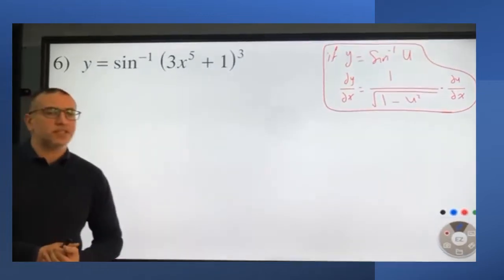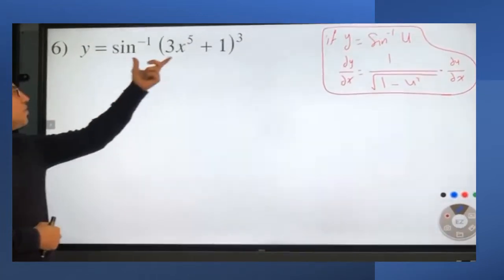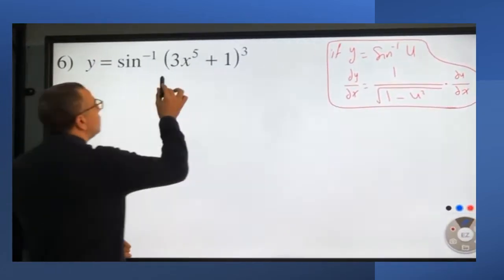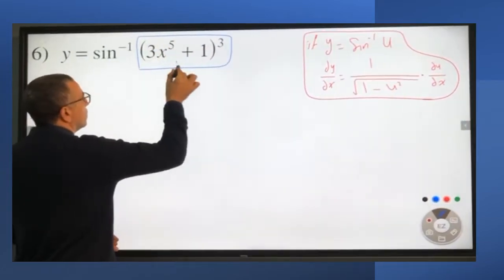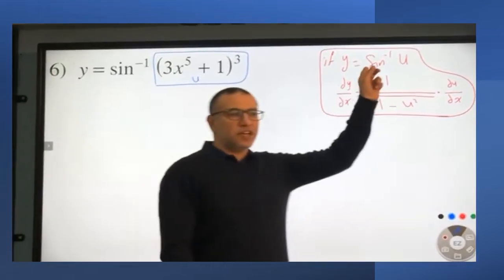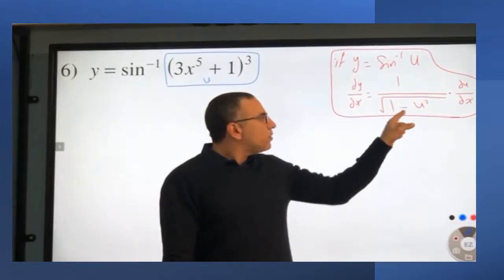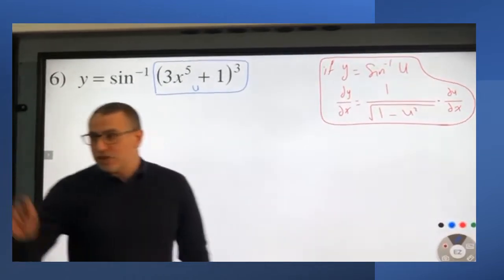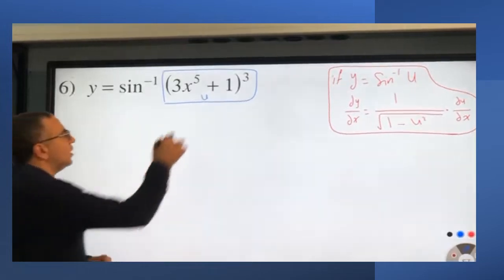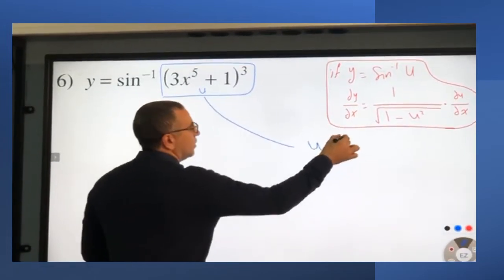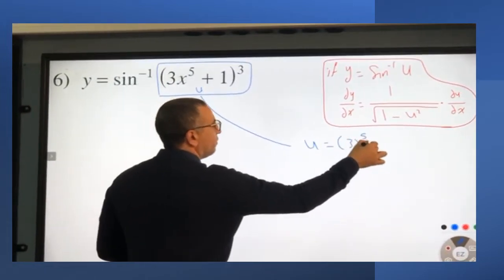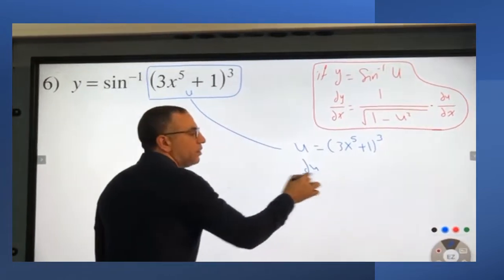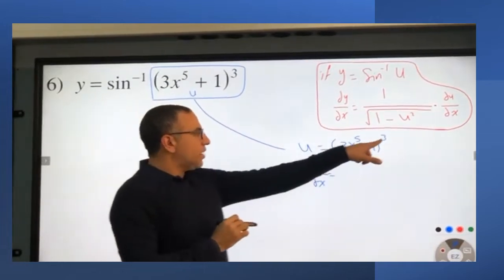Bismillahirrahmanirrahim. Number 6, how to find the derivative of sine inverse of (3x to the power 5 plus 1) all to the power 3. Notice that here is u. And the derivative of sine inverse of u is 1 over the root of 1 minus u squared, multiplied by du by dx. So I prefer in this case to write u outside: 3x to the power 5 plus 1 all to the power 3. And find the derivative of u with respect to x. I put down the power,